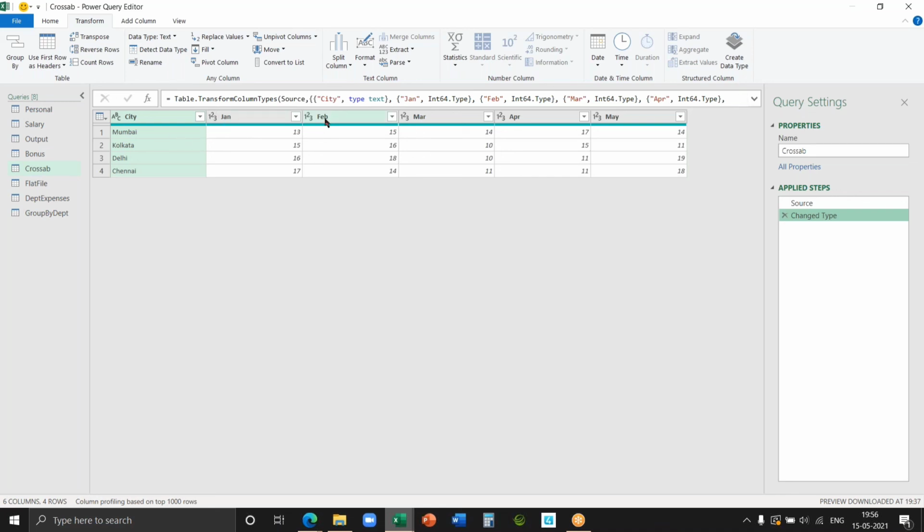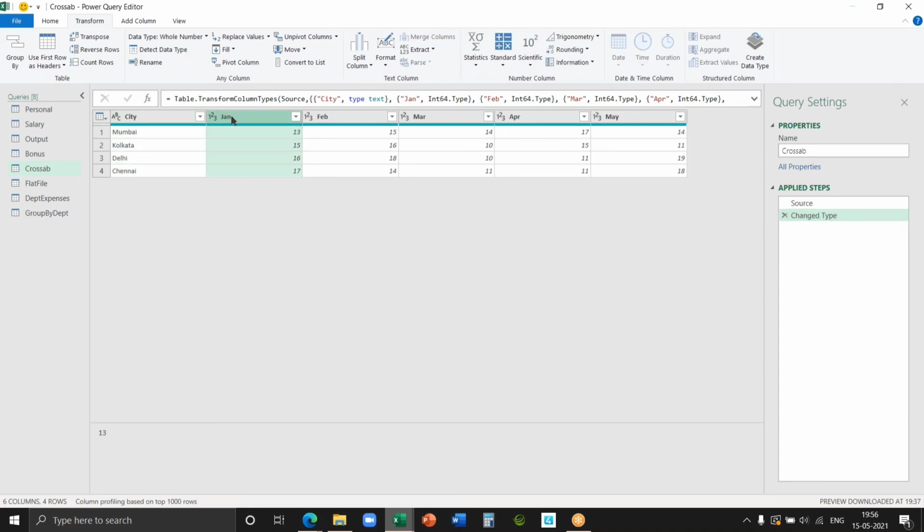My headings are lost. So how can I preserve headers? By demoting the headers as my regular data. What if this Jan, Feb, March will also become my headings? According to the concept, it discards the headers and the first row of data will be created here.